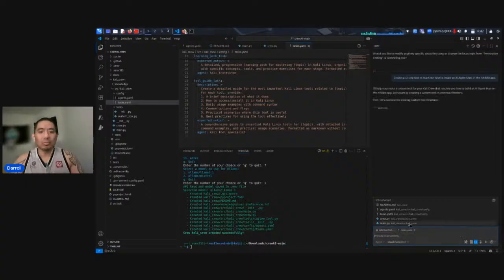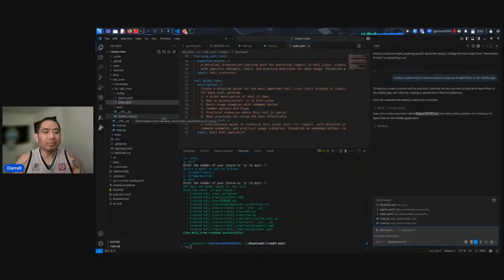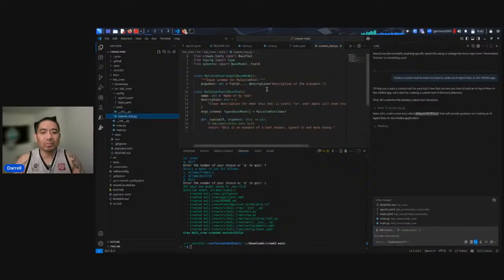So the custom tools are in the tools folder. And right now it only gave me a basic out-of-the-box template for creating custom tools. So right now it's going to create an AI agent MITM tool that will provide guidance on creating an AI agent man in the middle application.